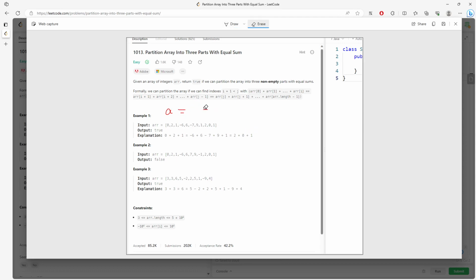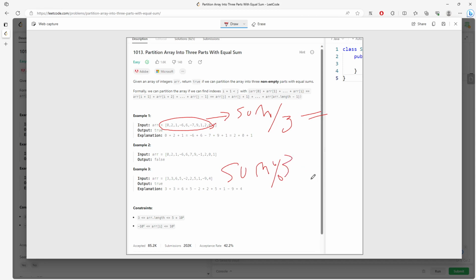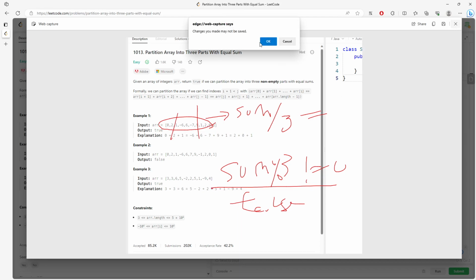So the first condition you need to check: does the whole entire array sum divide by 3? So how do you do this? If the sum mod 3 does not equal 0, you return false. I mean, this is not possible, right? It is not possible to partition into 3 parts if sum mod 3 does not equal 0. So once this condition is satisfied,